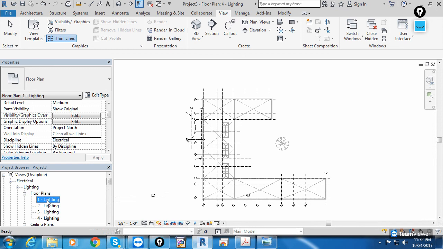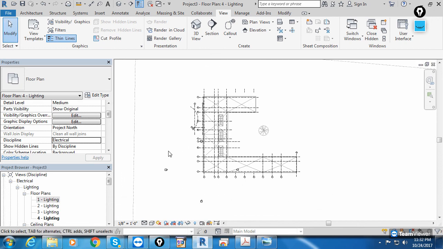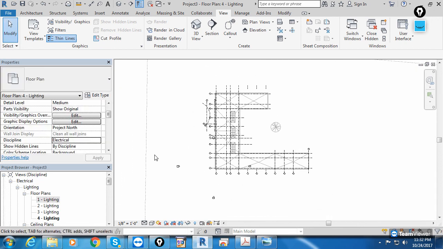The only thing is, as per your requirement, we can hide and show with the VG or with the view template to avoid confusion at the time of working. And even at the time of printout, for shop drawings, for different services, we require different services prints. So for that reason, we have this duplicate option, but it's not a separate CAD file. After duplicating also, it's level one, meaning the same, we are working in the same area. Only the visibility point of view is different.